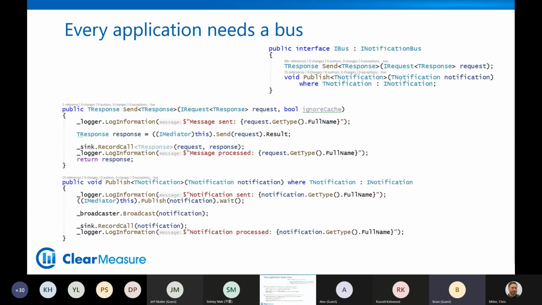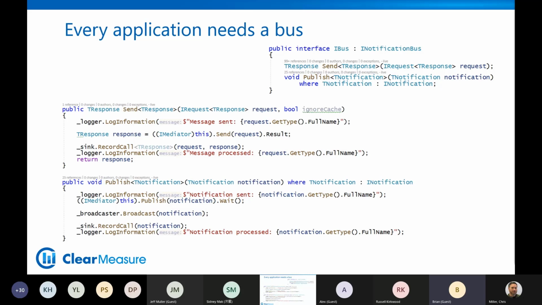So I would say every Blazor application needs a bus. At the minimum, you need a place to send a request and then to publish an event. I love creating a bus implementation that actually uses the mediator library to do some of the spoke or handler registrations with the hub, because it's a library that does that really well. There's no reason you should have to write that code yourself. It's not that much code, but there's no reason you need to write it. And so I really often wrap the mediator library and use that in my bus implementation.